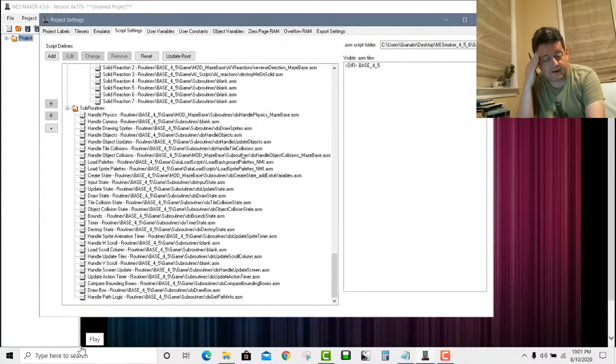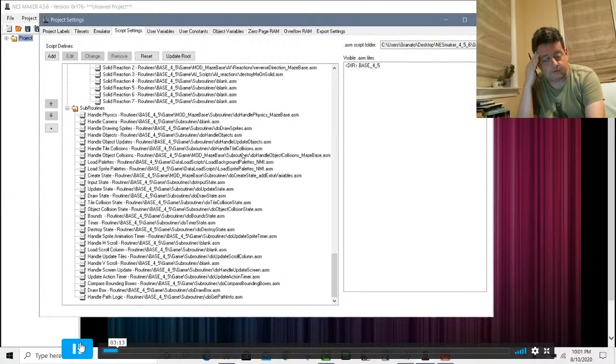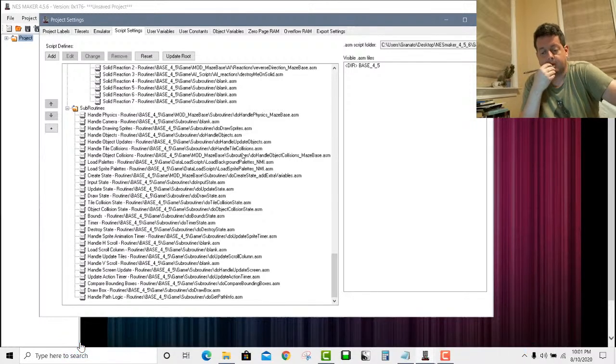That's what I'm gathering. Let's pretend that you wanted something specific, like you wanted a health bar to appear above a player's head. Very difficult on the NES, by the way, just because of how limited you are with resources. But you could iterate handle drawing sprites. Make instead of do draw sprites, make a do draw sprites _ maze game, Joe's maze game, and assign that to do handle drawing sprites here. And then whatever changes you made there are what's going to happen when it gets to the drawing sprites